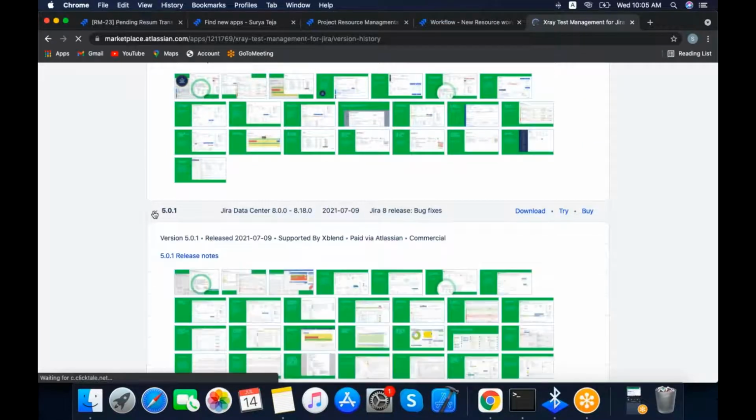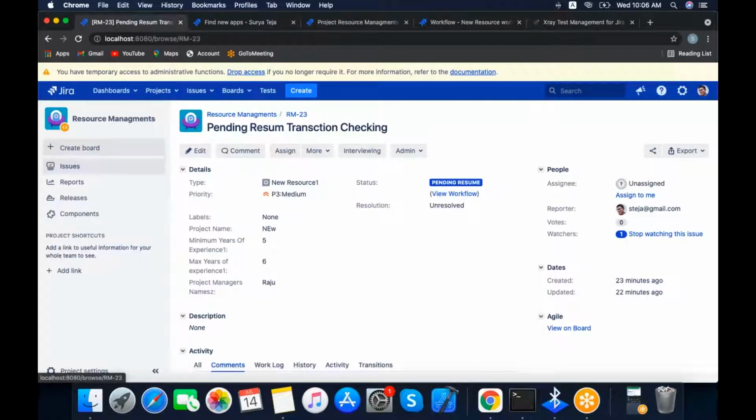go here. For example, according to our versions, it will support Jira Data Center 8.0.0 to 8.18.8. Currently the version we are using is 8.13.0.